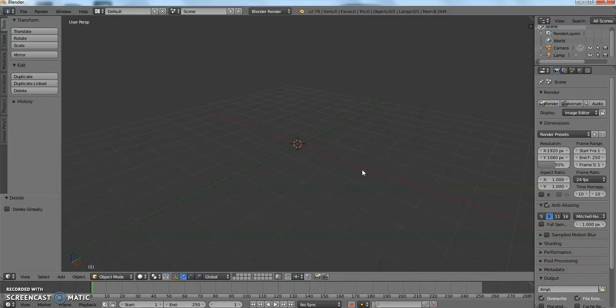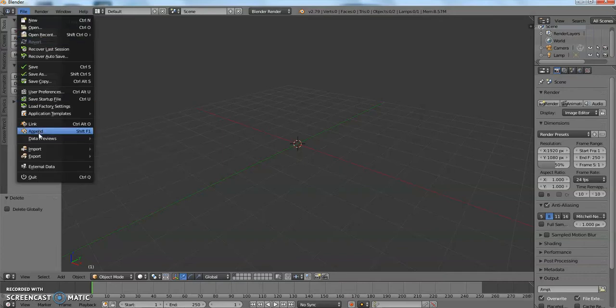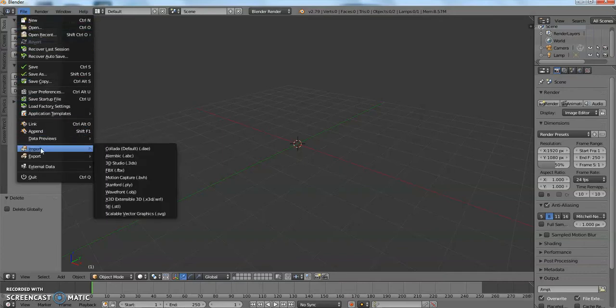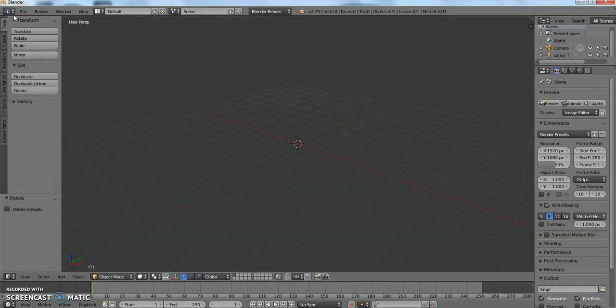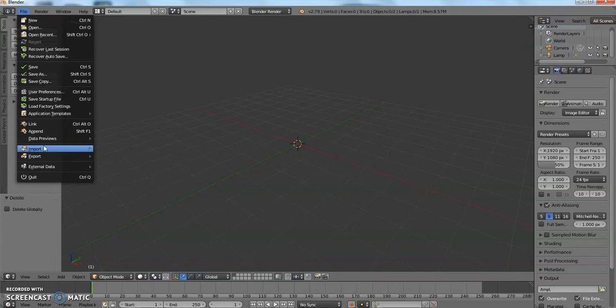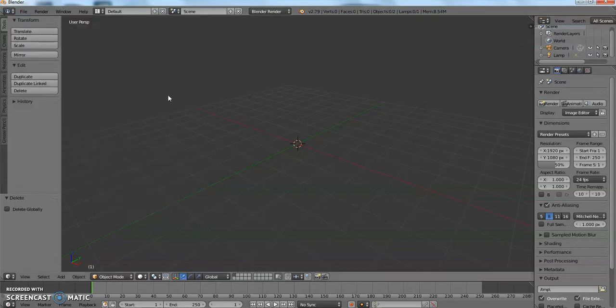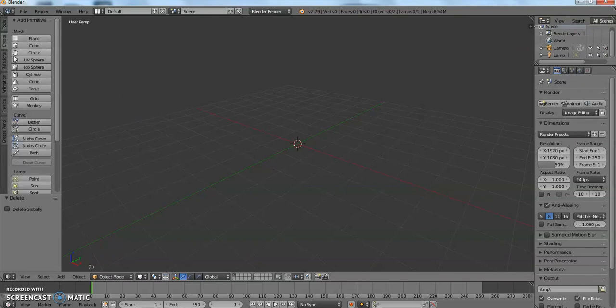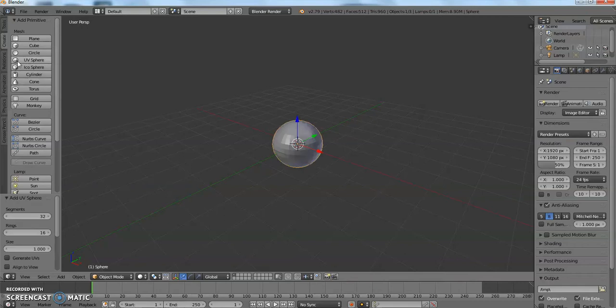I already have a 3D model in mind to use. If you've downloaded a model, you can go to File, Import, and then import the kind. Or you can go to Create, put in a sphere,